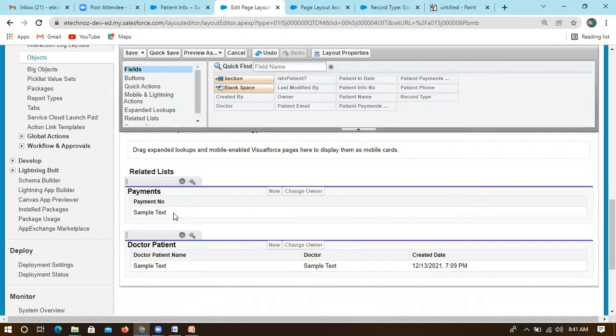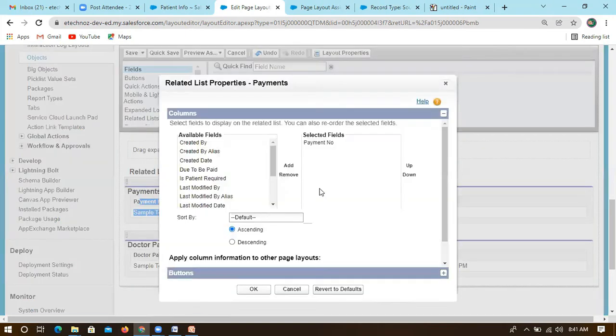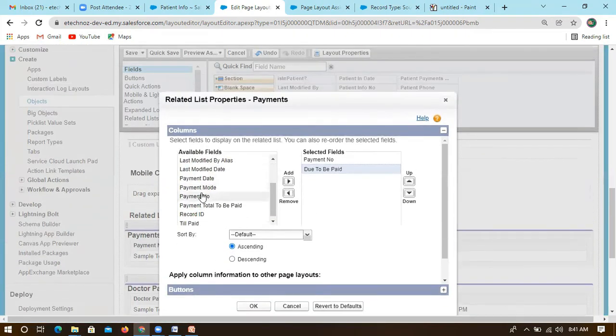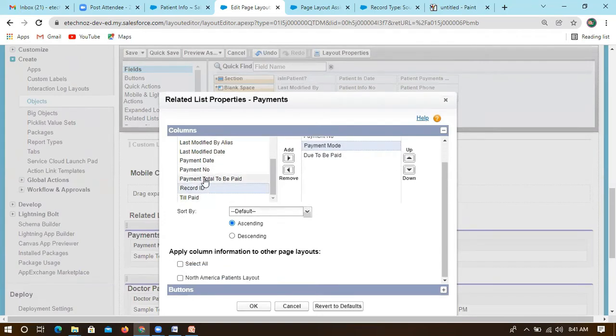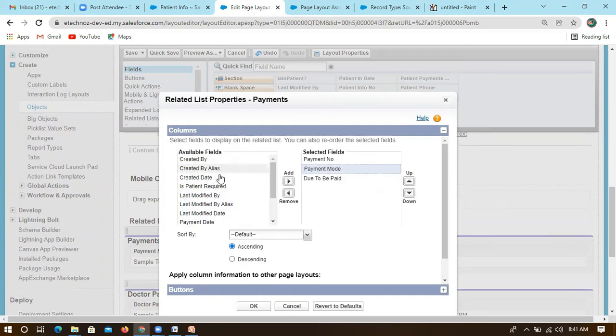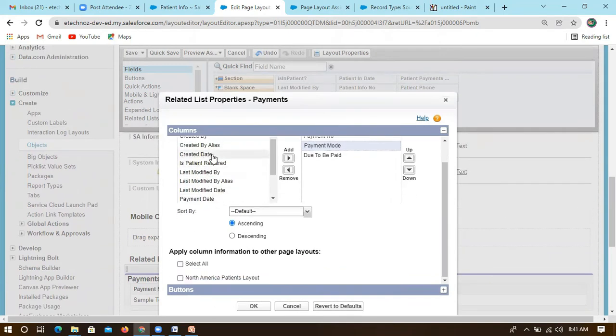In this payments information, you can add other fields. Right now I have added the record type field, and I also want to add other fields to check on the page itself, like payment date, payment mode, due to be paid, and record ID. For these payments, we have not created any record type.